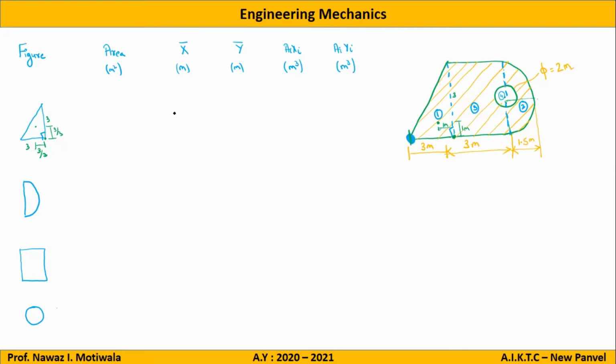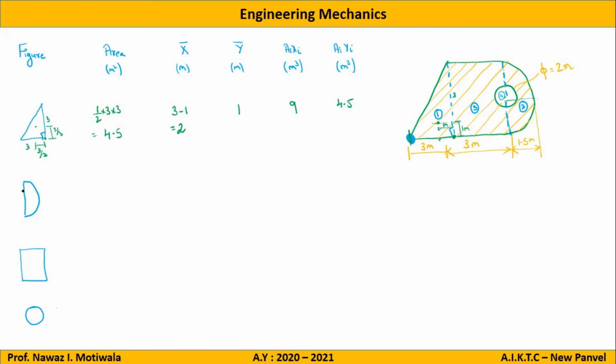Any doubts to anyone in this part? No, sir. Okay, so let me write it like this: x bar is 3 minus 1, which is equal to 2. And what about y? From here to here only I want to travel. So how much will the distance be? Directly it will be 1, because the distance from here is 1. So y bar will be 1. And what will be the area? Area is half into base into height, which is 4.5. So here I can do directly 4.5 into 2 is 9 and 4.5 into 1 is 4.5. This completes the entire thing for the triangle.